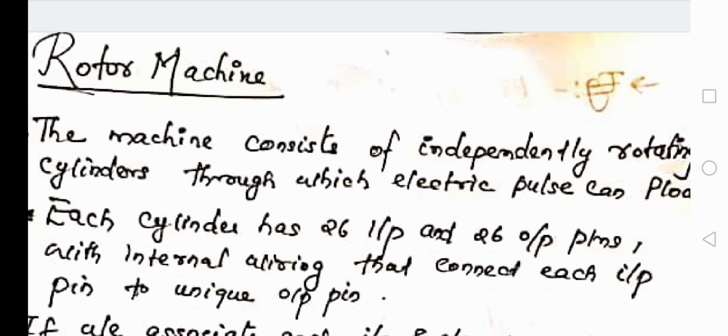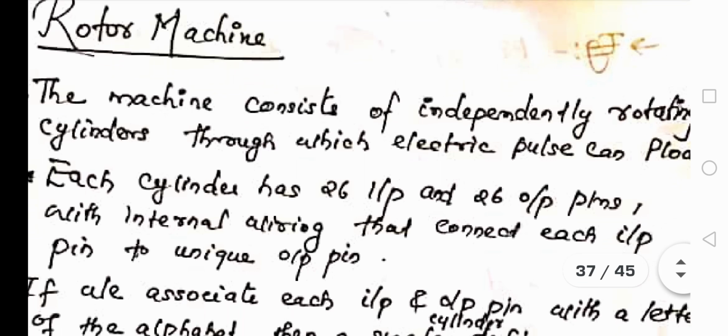Okay, so with the help of such electromechanical devices, electromechanical means which includes the concepts of both electrical and mechanical concepts. Since there are 6 cylinders which are rotating independently, we can consider it in terms of mechanical concepts. On the other hand, since these cylinders are rotating based on the electrical impulse flowing through them, we can consider it in terms of electrical concepts. So hence we are saying that the rotor machine is an electromechanical device.